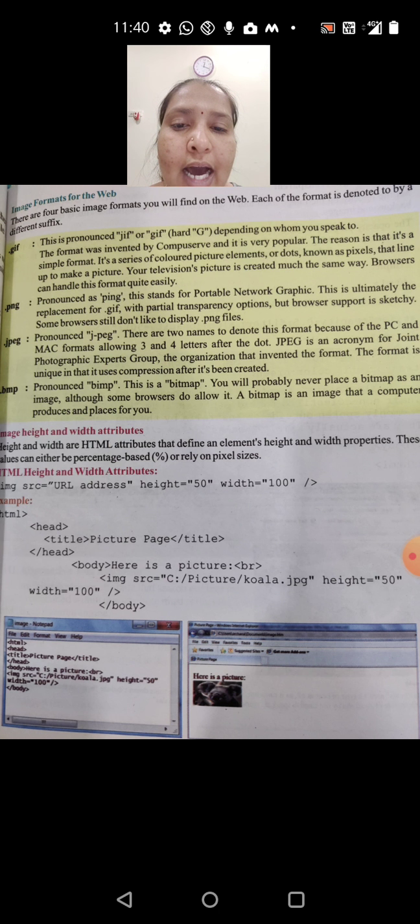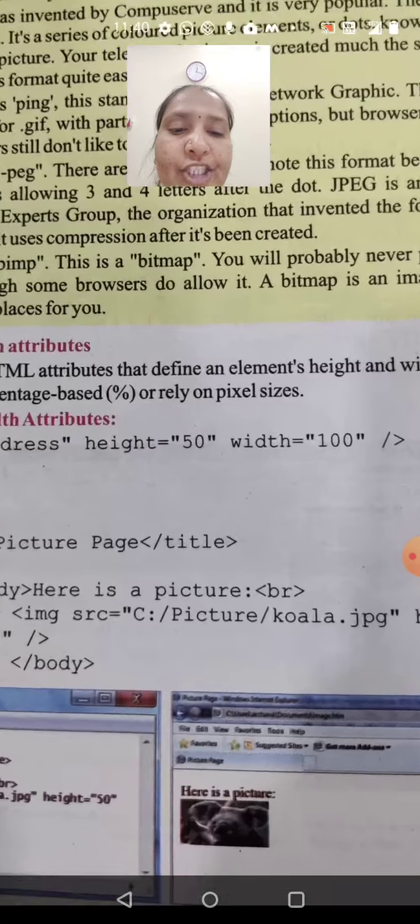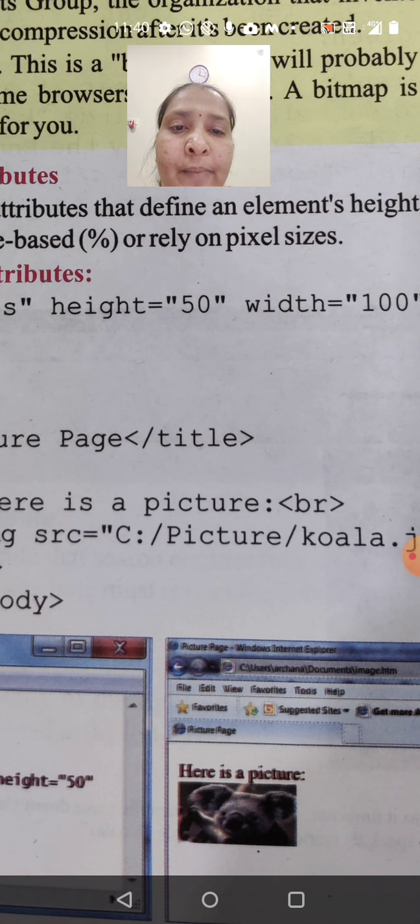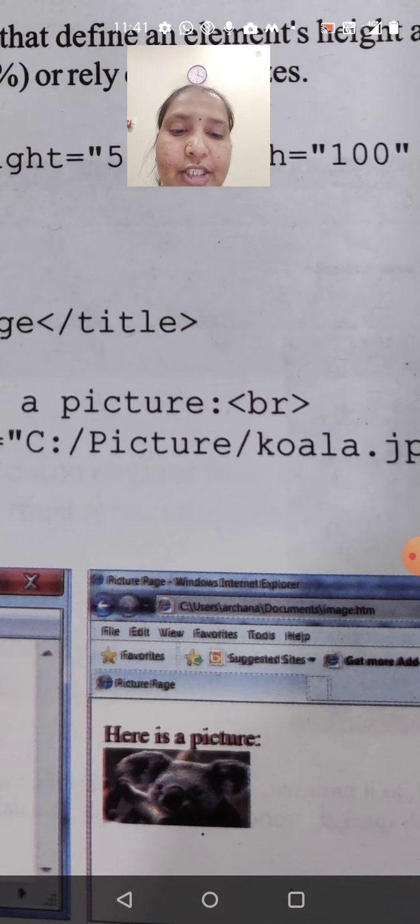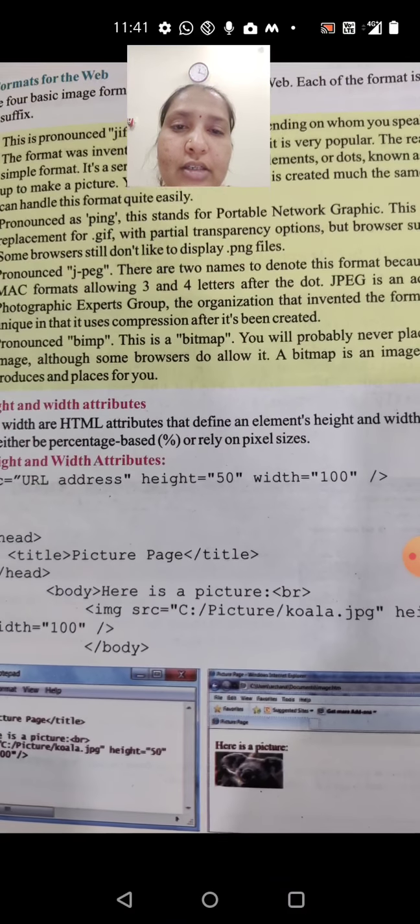Here, they have given the image source with the URL address, and for how much height we want, we have to use the attribute called height. In that they have given 50, and width 100. According to that, the picture will come with that height and width. Here is a picture they have given, and this is the height and width of the picture.